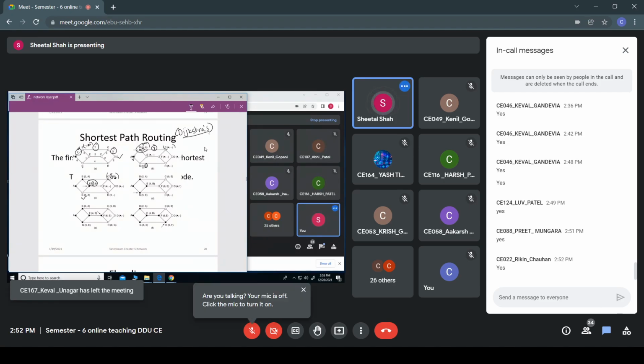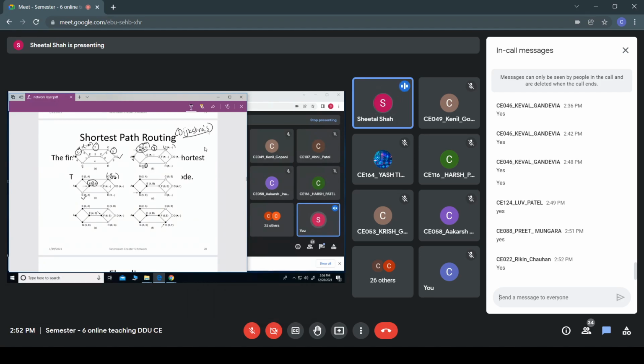Okay, and now based upon this, you have to update the ones neighboring this E. So this is F, and here it is infinite. F can reach A through E by how much cost? So this is 4 and this is 2. So 4 plus 2 would be 6. So F can reach A through E with a cost of 6.